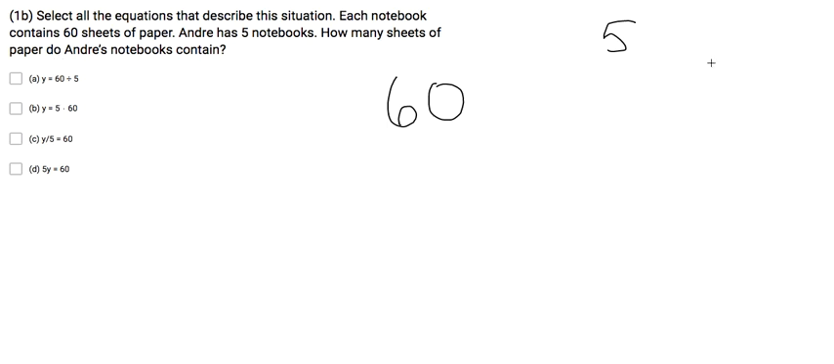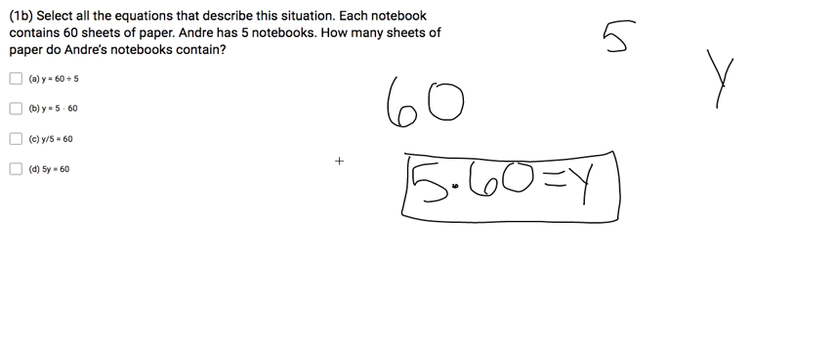So we're going to use y as our variable. That just means how many pages Andre's notebooks contain. So in this case, to find out how many 5 notebooks contain, we're going to say 5 times 60, because each notebook has 60 sheets of paper. So 5 times 60 would get us how many sheets of paper. So now let's look at our possibilities here. It looks like B matches up here, y equals 5 times 60,